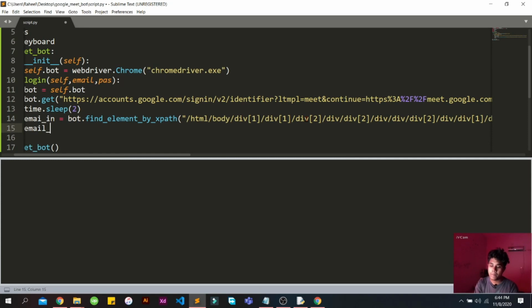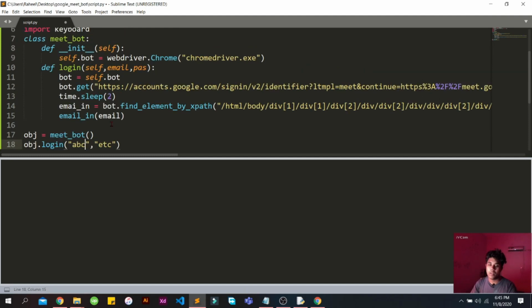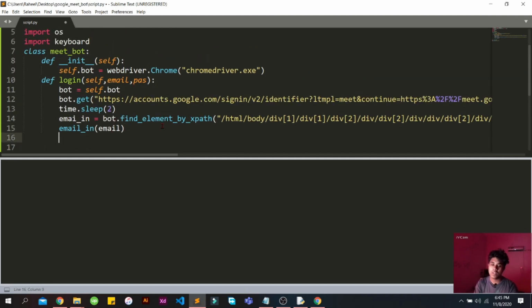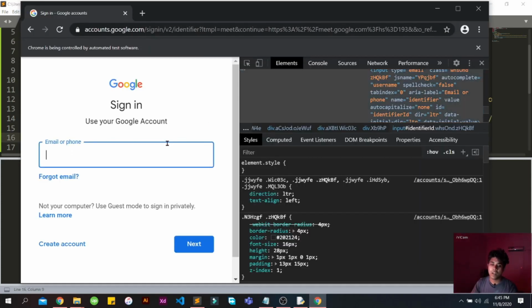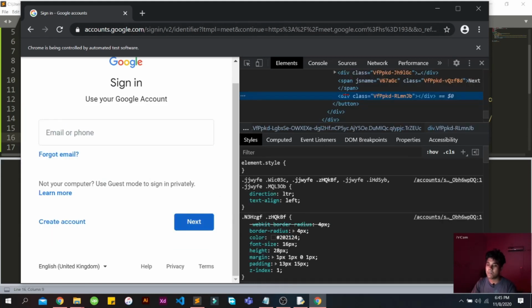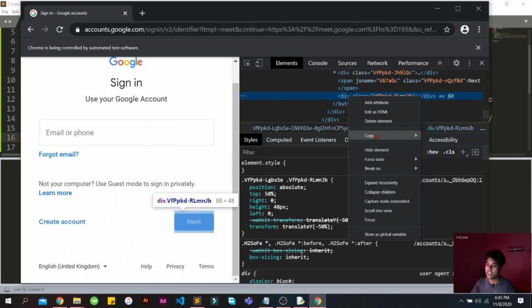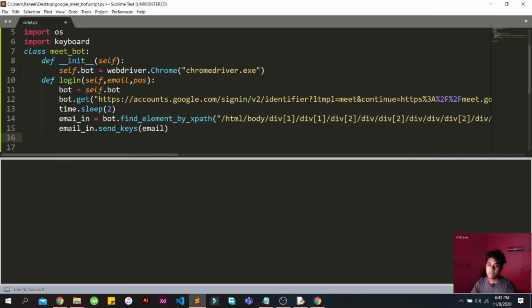So now what we can do is send this email, which will be getting its input from here. Okay, so now you can just do email dot send keys. It will send the input to here, and now we have to click this button, next. So we will click it, like that, and copy the full XPath from here, and